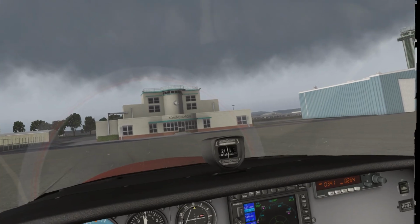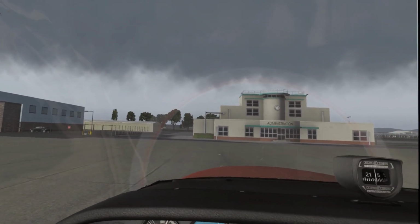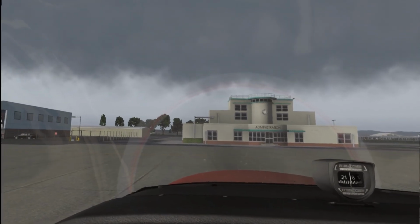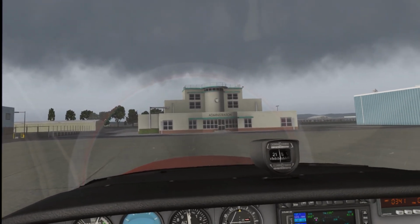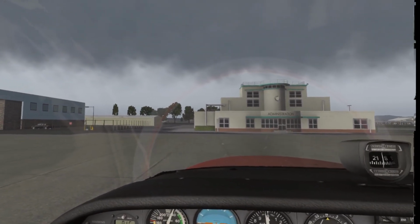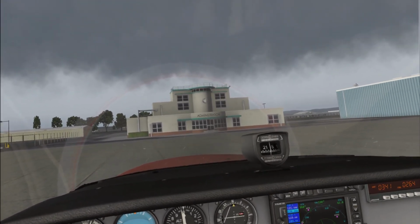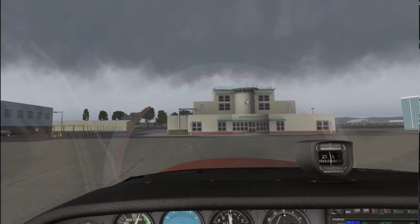We're going to go direct to the Mount St. Helens waypoint. We're going to fly around Mount St. Helens a little bit, see what we can see. Then we're going to go towards Mount Rainier, and then VFR it so we can get close enough to Mount Rainier. Try to climb a little bit, maybe if we get lucky, summit Mount Rainier in this plane. And then after that, we will go towards Seattle and land at Seattle International, KSEA,